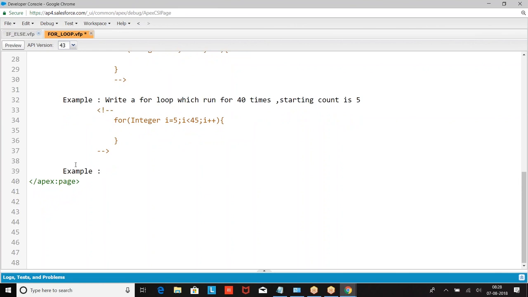Now I want you to print the values like this. I want to get the following output. How will you get this? For I less than or equal to 5.